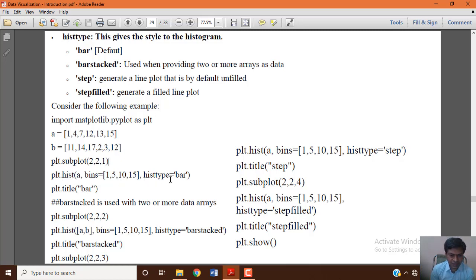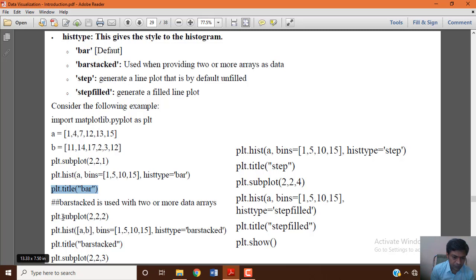If you want to specify this you can, but by default the representation is bar type only. And the title is nothing but to display your bar chart name. That actually comes under customized plot: how you can specify the title of your generated graph. Yes, here it is used, bar title. Then another type is bar stack.